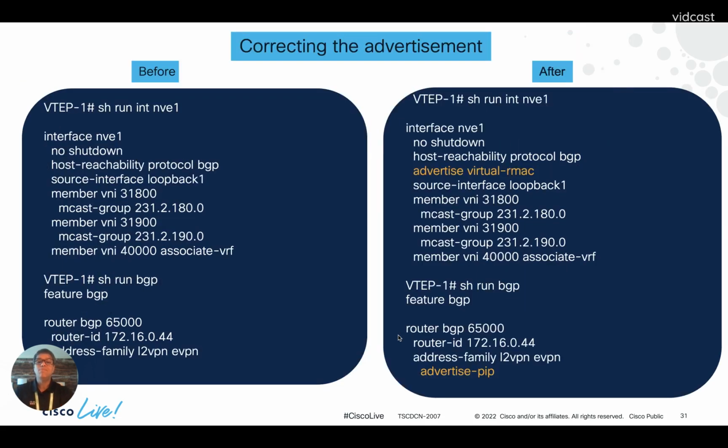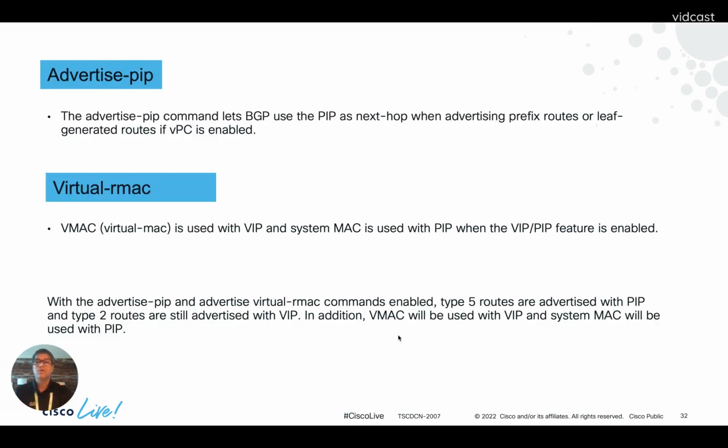So we can change this behavior by using advertise PIP and virtual RMAC under NVE1. So you go under interface NVE1 and say advertise virtual RMAC, and then you go under router BGP and under address family L2VPN EVPN and say advertise PIP. So what these two commands do: the advertise PIP command is going to send the redistributed routes, like the ones we did, those are the type 5 routes,